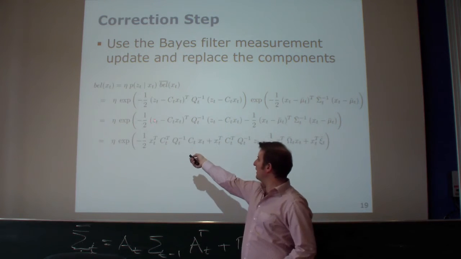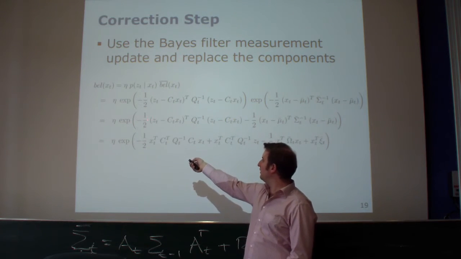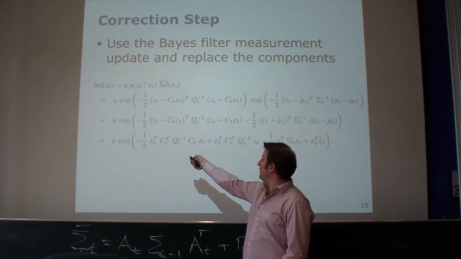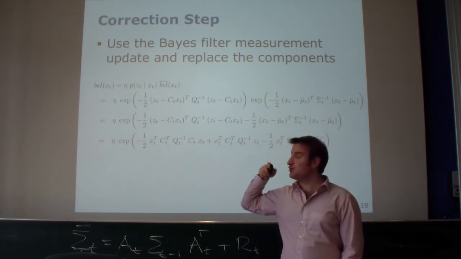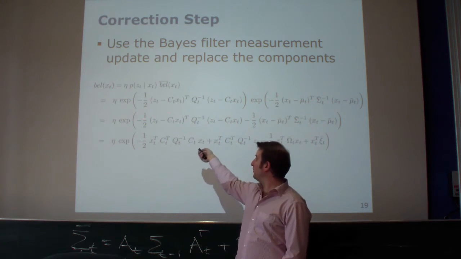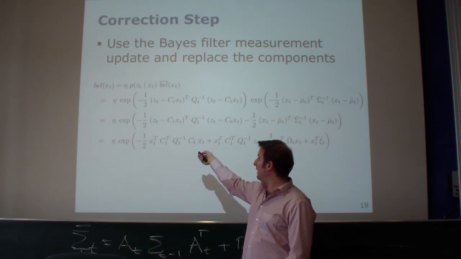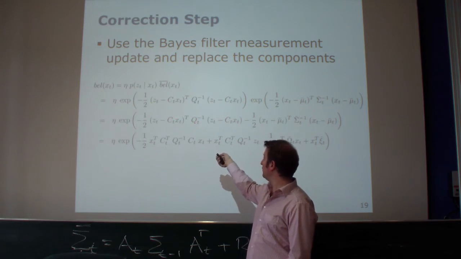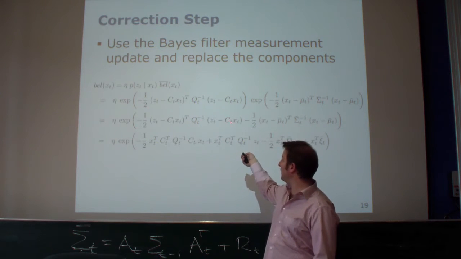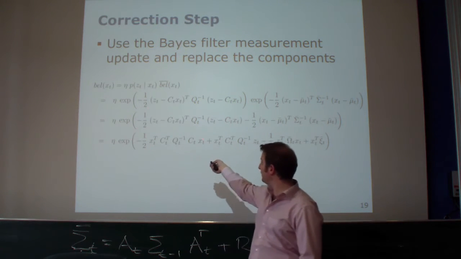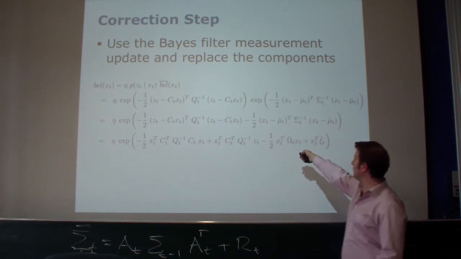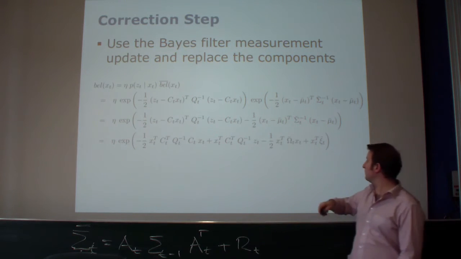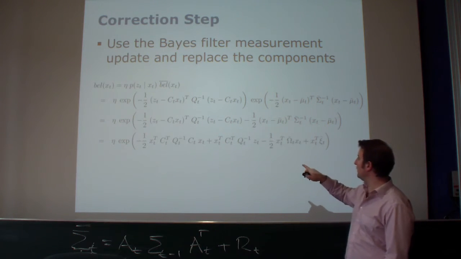So again, as we did before, first group all terms which are quadratic in x, so it's kind of a half times C_t x_t, both transposed, Q_t inverse, x_t, that's this term over here. Then we get a second term which is quadratic in x from this part over here,